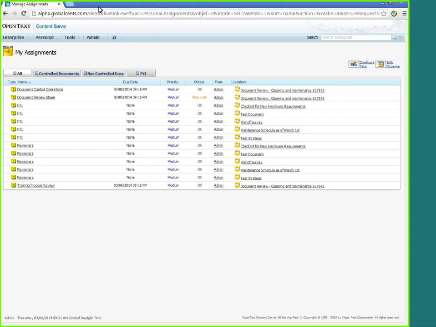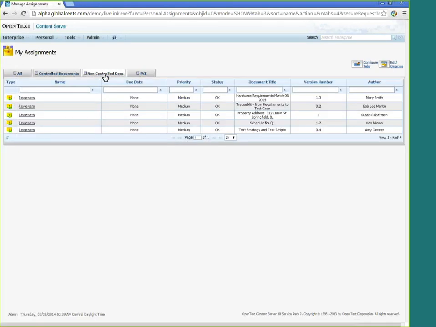And here we go. As you can see on this system, the admin has actually configured a few extra tabs to go on my personal assignments page. And these are workflow steps. These are all of my actions that need to be performed, but each one of these tabs can be tailored to be specific actions. If you look here, these are my steps from non-controlled document workflow processes. And you can see in this case, the step names are all the same, so it makes it a little tough to find out which one I really want to be working on.